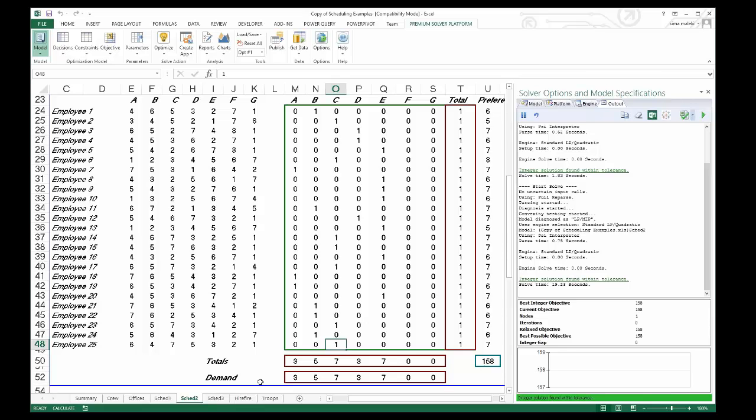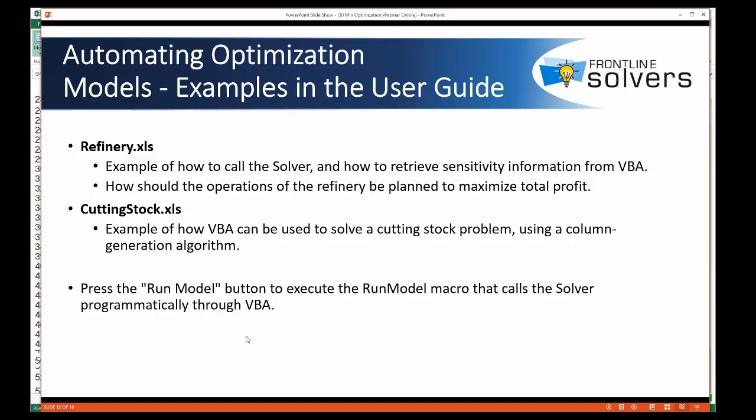This allows you to run your predefined optimization models and control the solver. You can automatically update data, run the model and retrieve the results, and also create an application to distribute to your end users. You can automate your models and control solver engines using VBA Object-Oriented API. Let's quickly look at a VBA code that shows one of the many ways you can use the object-oriented API, such as how to call the solver to solve the problem and how to retrieve sensitivity